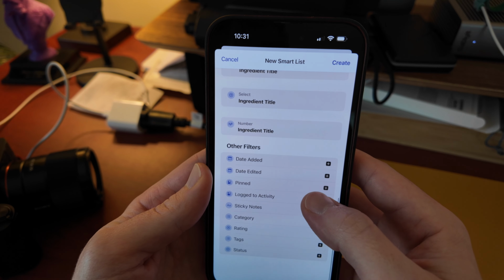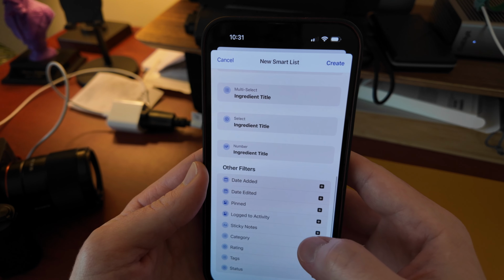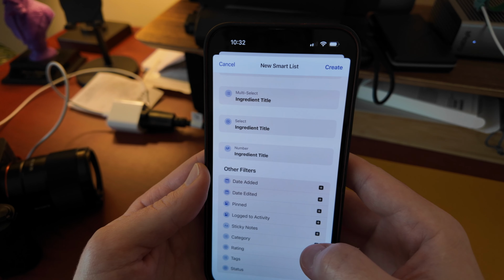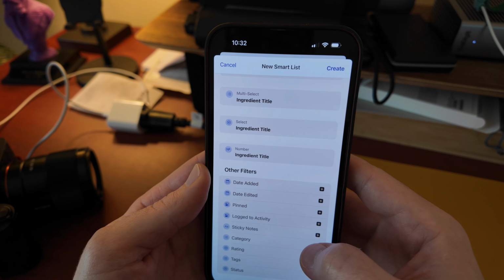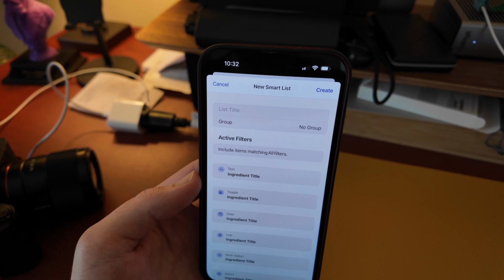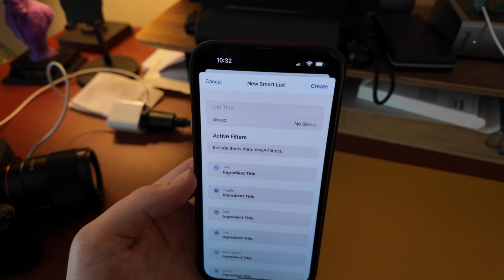And then at the bottom, you have these other filters. And then this is where you can tap a plus button and add one of those filters to this. This is how I prefer to work. I know a lot of